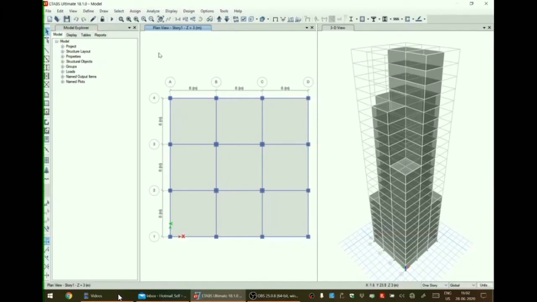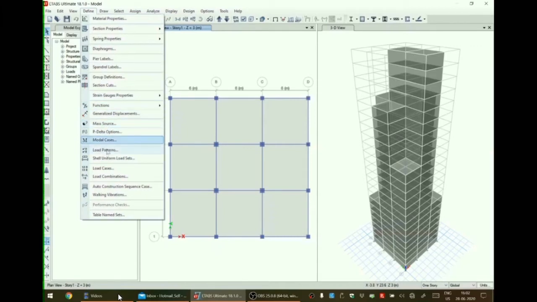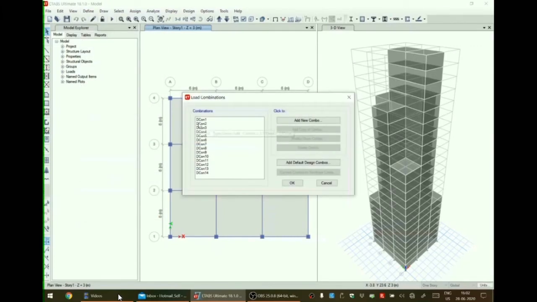Now let us go to load combinations. In the load combination, all the predefined combinations are already there.